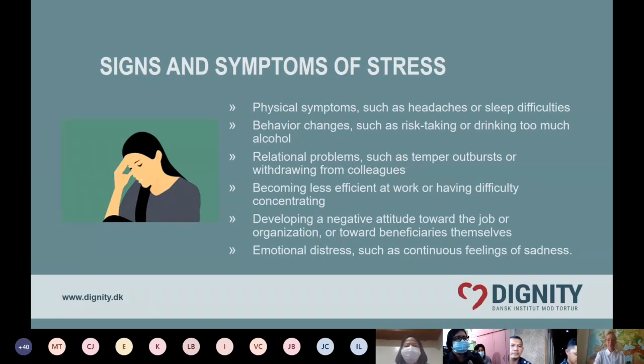So physical symptoms such as headaches or sleep difficulties are very common symptoms of stress. It could also be behavior changes, maybe risk-taking, drinking too much alcohol or other substance abuse. It could be relational problems. It could be temper outbursts or withdrawing from colleagues, which you also saw in Juan's case. It could also be becoming less efficient at work or having difficulty concentrating,